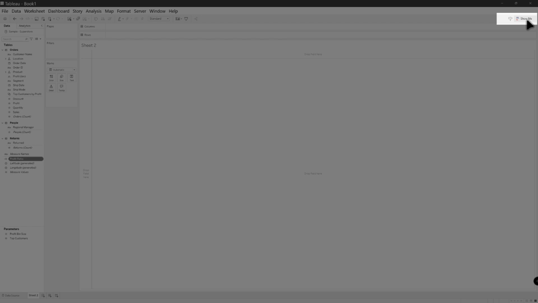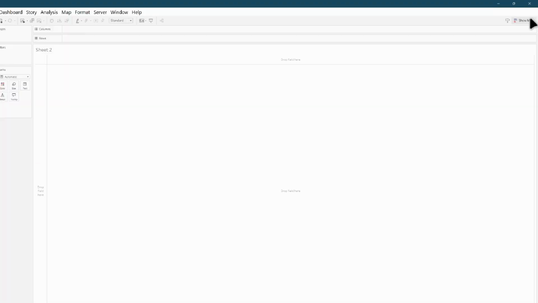So you can either do Control 1 or Command 1 for the shortcut, but I am just going to click on the Show Me, but also going to zoom in first. If you click on the Show Me, you can see that there are several different database visualizations that are built into Tableau. And if you hover over one, let's hover over the text table, we can see that down